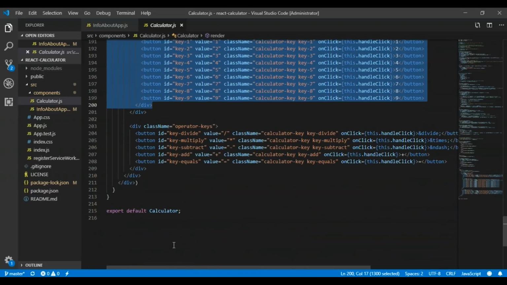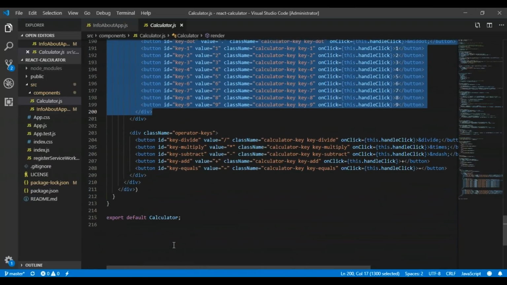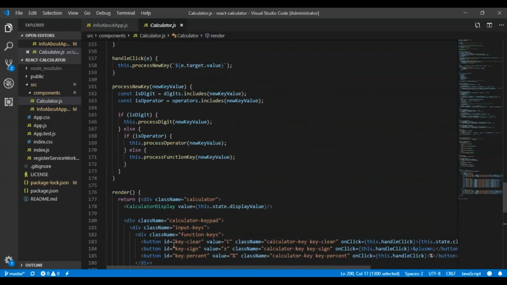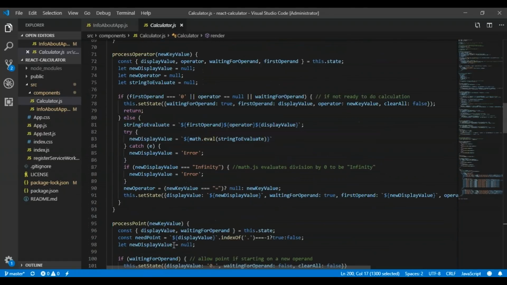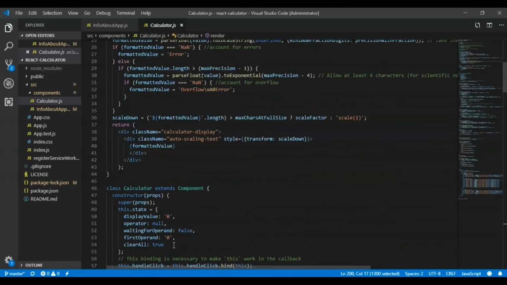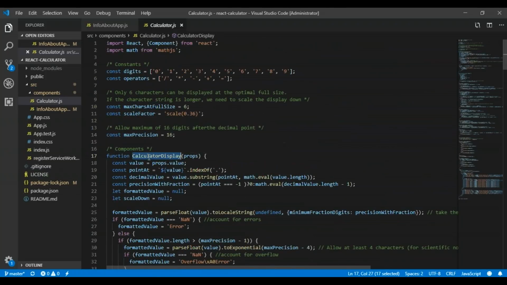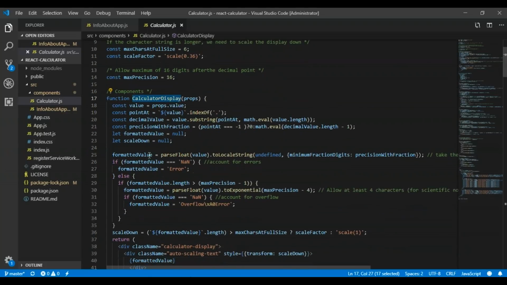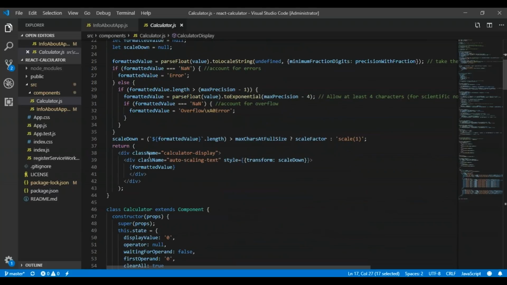Complete HTML is written, and onClick events are bound on it. If I go to this CalculatorDisplay component, because that is a subcomponent of the Calculator component, this is a function component which has been created, to which props are passed, and some normal mathematical calculations have been done.